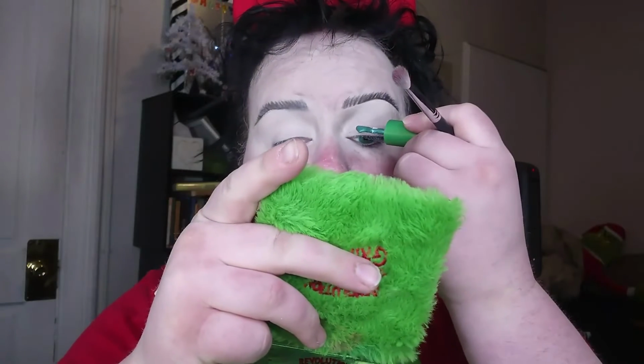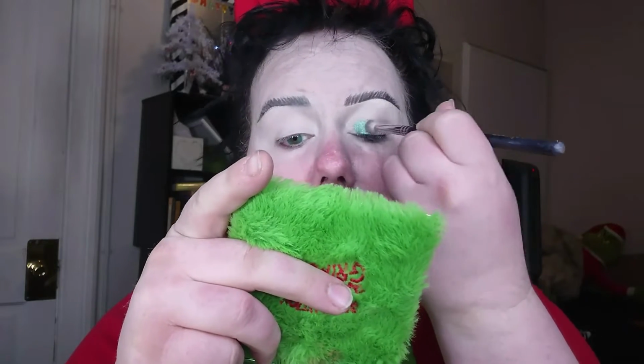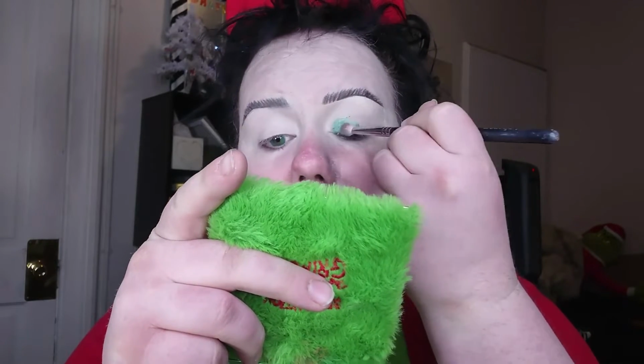I'm just jumping in with the shade The Grinch. It's from that little trio. I'm gonna use just the Morphe M433 brush. So I'm just gonna take some of this product onto the lid. This is a really, I'm sorry if I'm blocking you. I don't think I am. This is a really nice metallic